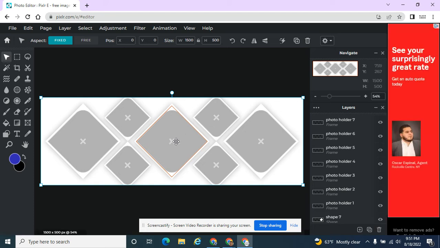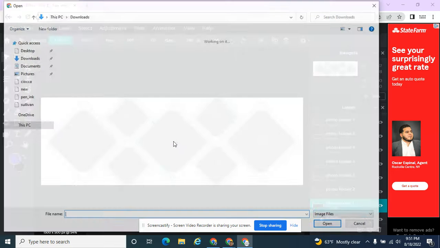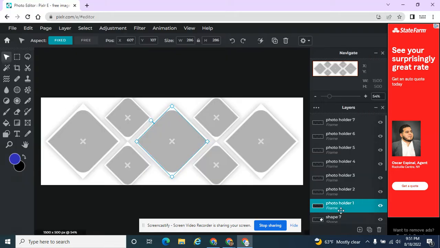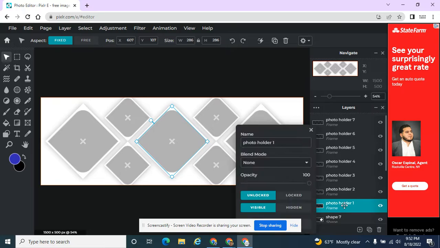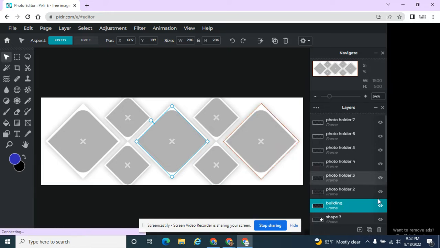If I double click on this placeholder, so anytime you see this gray box with the plus, that's a placeholder, and I double click on it, and when I double click it selects this, so I canceled out of there just so you know what I did. It selects this layer, so I know that this placeholder I'm working on right now is photo holder number 1, and I might even want to rename that layer,